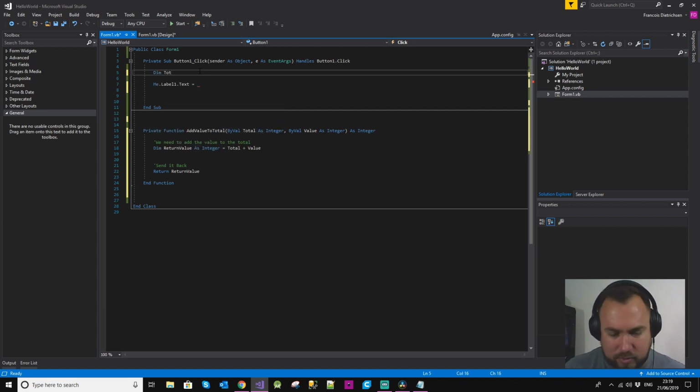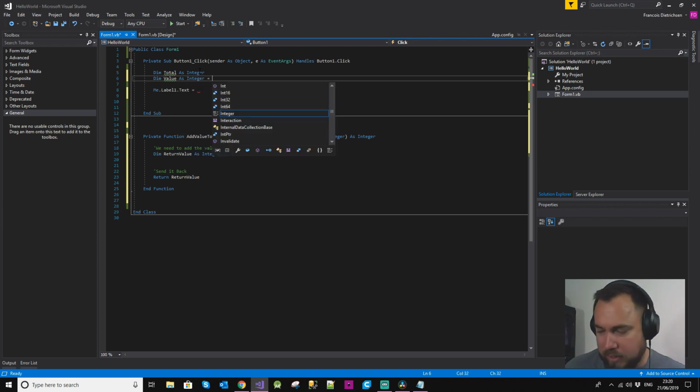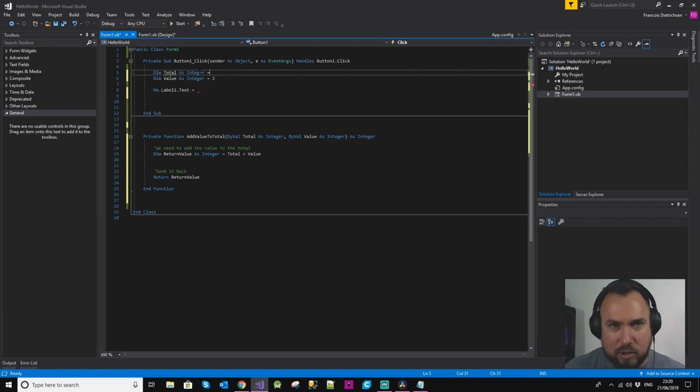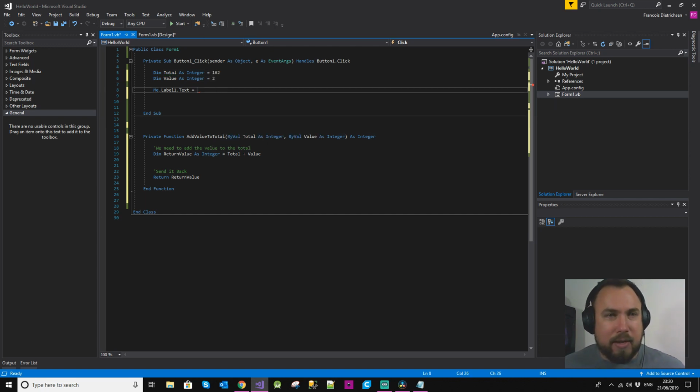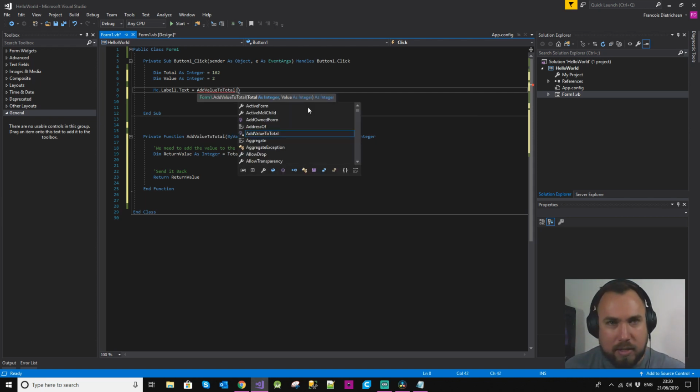Dim total as an integer, dim value as integer. Okay, my value is going to be 2, my total is going to be 162. Okay, and now we're going to say this label1.text will equal to add value to total, and the moment we